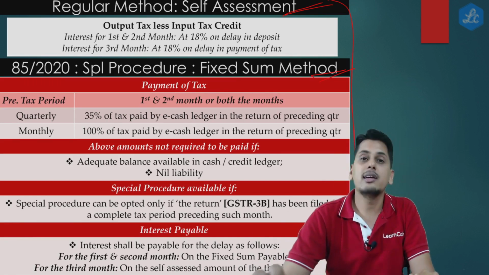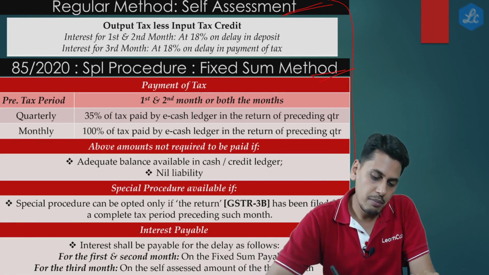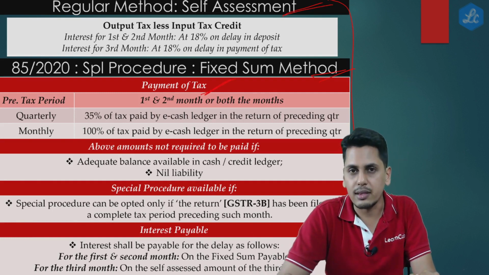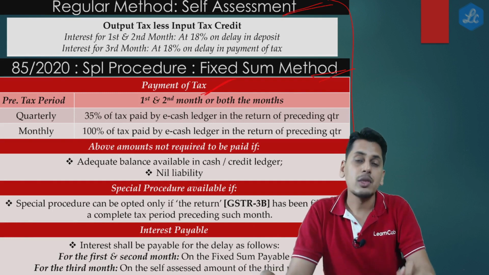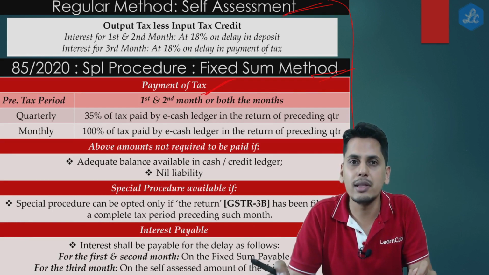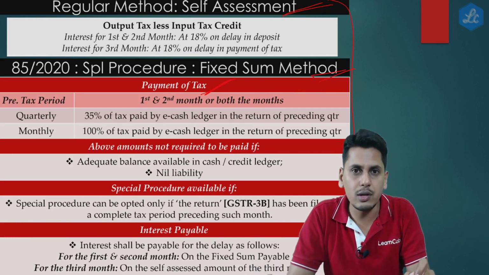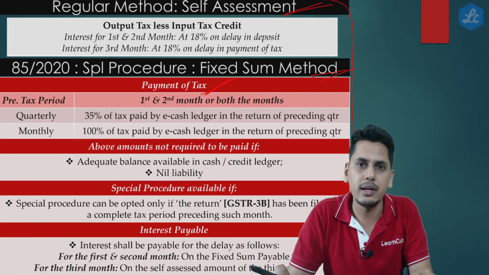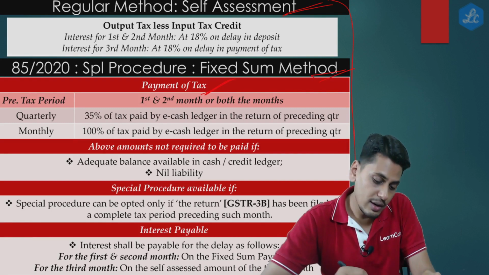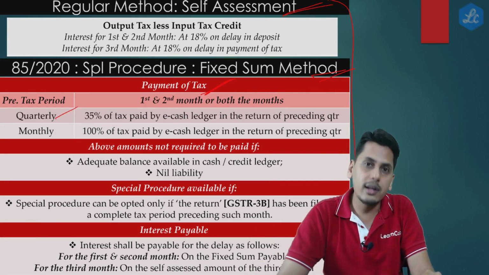Special procedure in the fixed sum method. Payment of tax for the first and second month. Friends, please understand, fixed sum method option is available only for the first and second month of the quarter. For the third month of the quarter, it is always self-assessment basis. So if the preceding tax period was a quarterly,